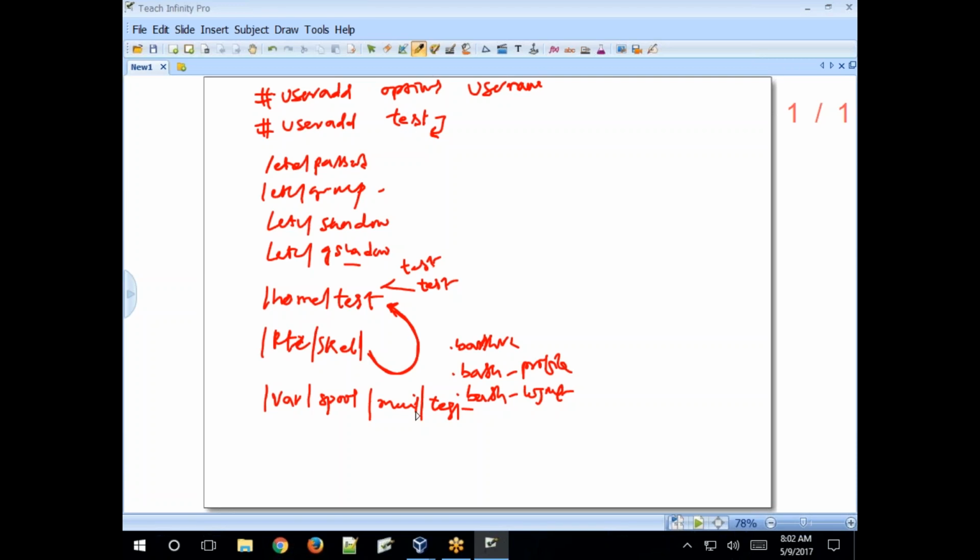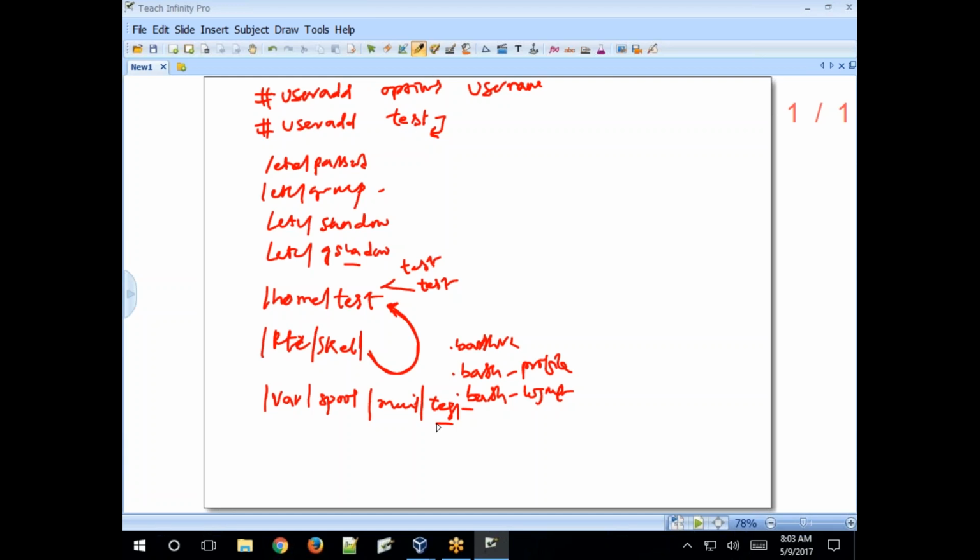This directory will be created under spool. This is the default mail inbox for the test user. If any message is received from other users or any service, those messages will be stored under this directory, the mail inbox for the test user.